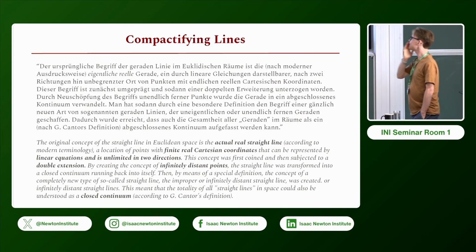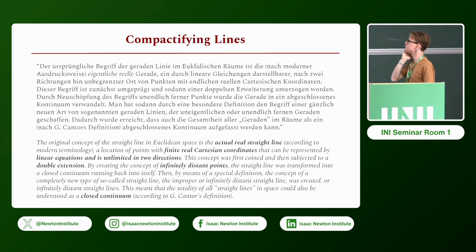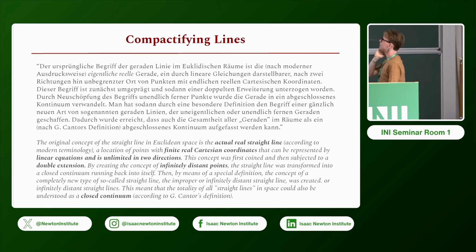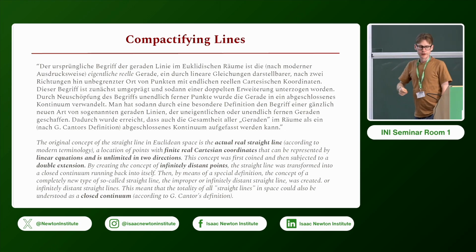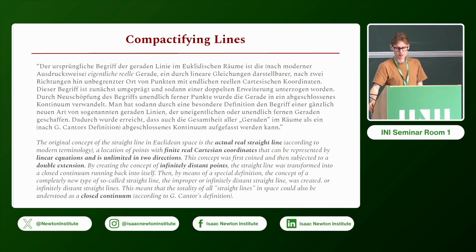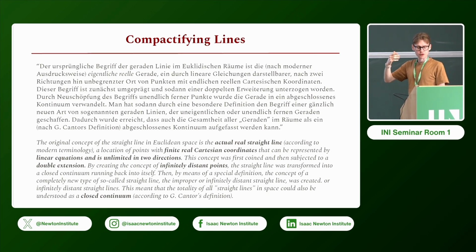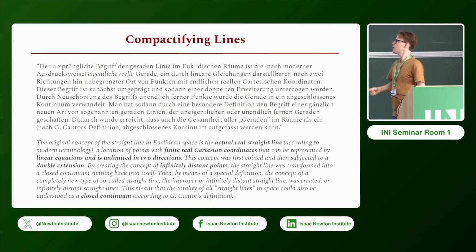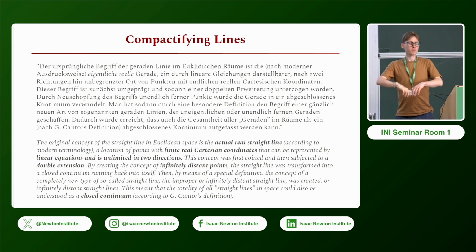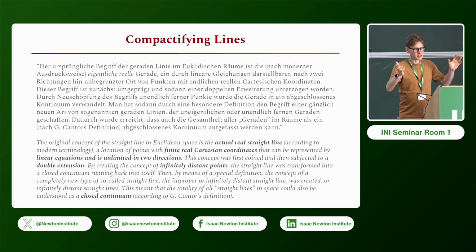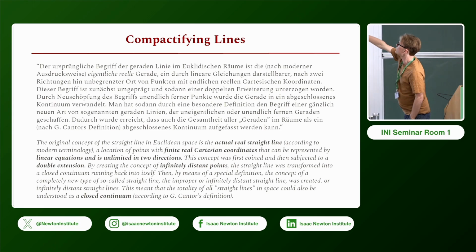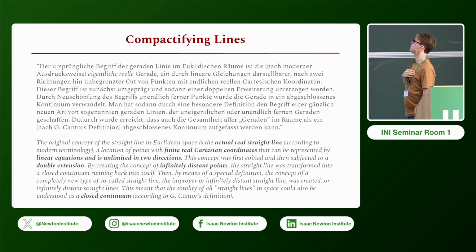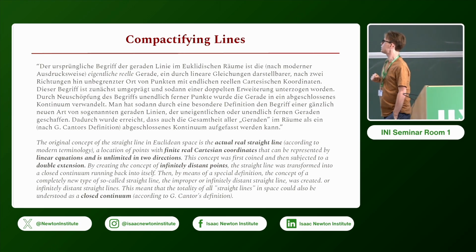So essentially he wrote a sort of a genesis of this account. He said, well, when we want to turn a geometrical object such as a straight line in space into something that we can discuss, something that we can study, we have to turn it into what he calls a contorted manifold, a closed continuum, abgeschlossenes Kontinuum nach Kantors Definition.